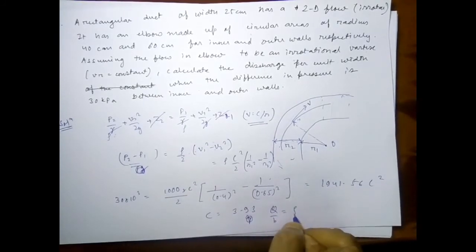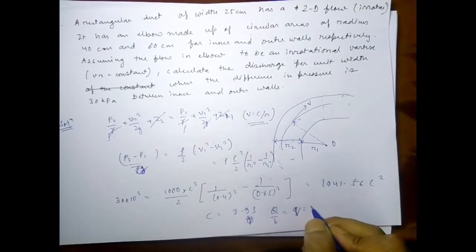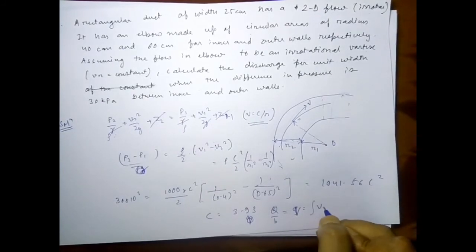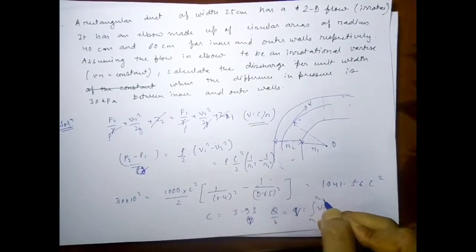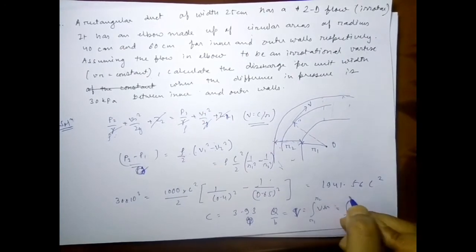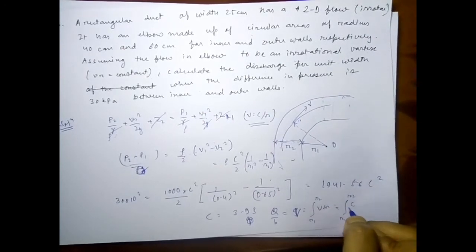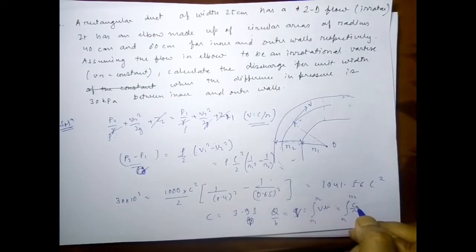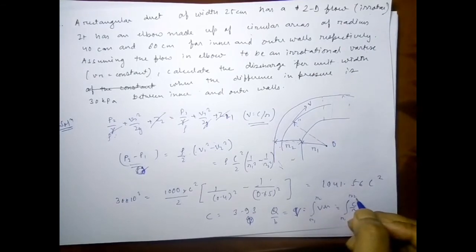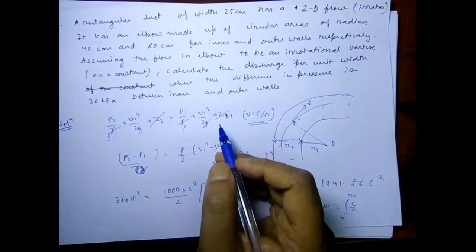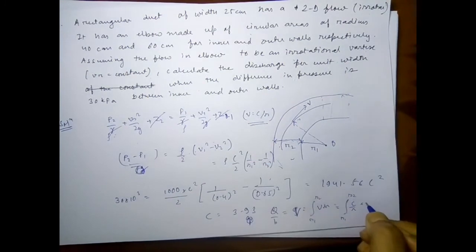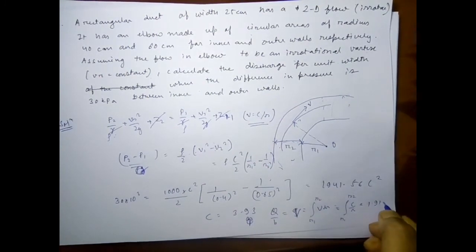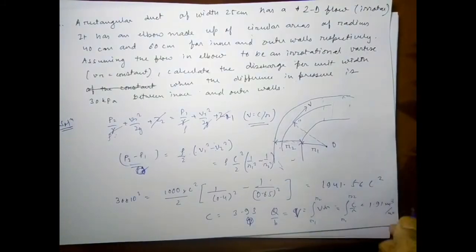So therefore you can write the discharge per unit width, small q, as capital Q upon the width, and this is the integration of V dr from R1 to R2. It is the integration of C upon R from R1 to R2, and upon solving this particular integration and putting R1 and R2 as 0.6 and 0.4, I'll get it as equal to 1.91 meter cube per second per unit width.